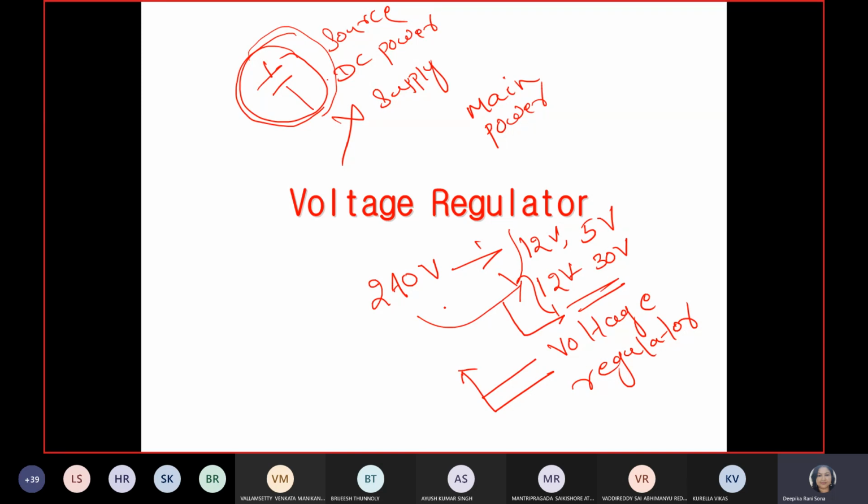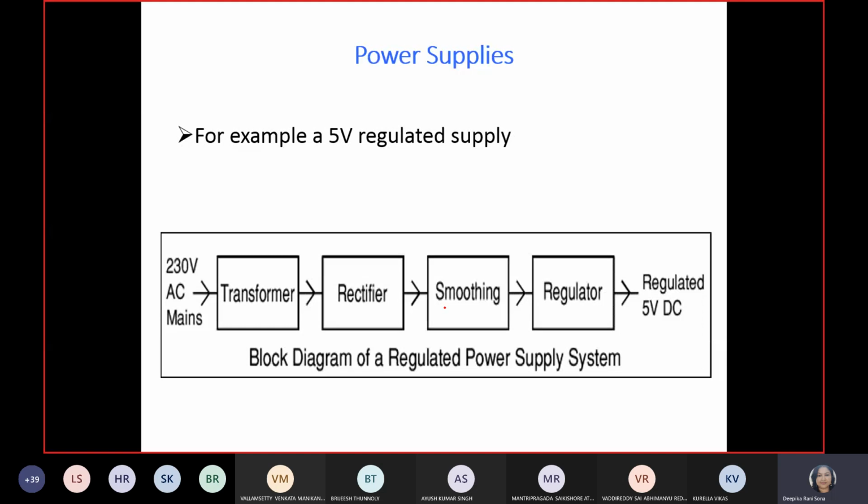So first a little bit of intro only I just want to go through. So if you see what is our main power supply? Our main power supply is up to this thing, okay. So what are the processes involved to get a regulated constant lower output voltage in terms of 5 volt DC? So transformer, rectifier we have studied. It is not fully capable of providing the DC output voltage. In half wave we have seen that half of the cycle was rectified, but we have to refer to the full wave only. It will look like this only, right?